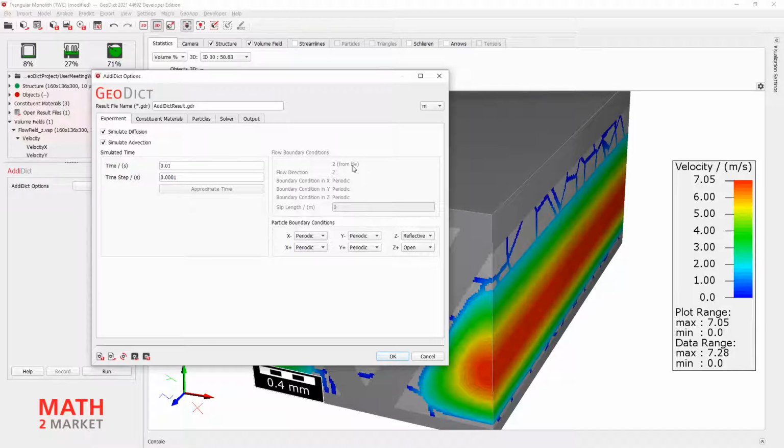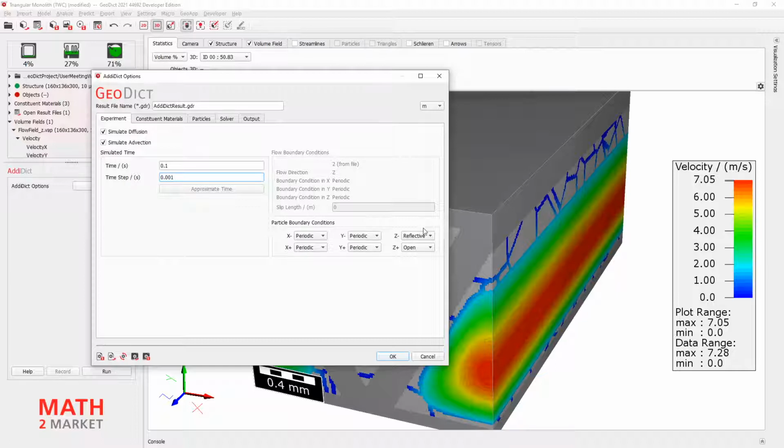What has changed here is that we cannot change the flow boundary conditions anymore, because this is all defined in our first simulation run. That leaves us to simply change the time, and I will change it to 0.1 seconds. This is enough time so that all the particles can flow through our channel and get to a travel distance of at least 10 centimeters. And the time step is 0.001. This will give us more or less how precise the measurements are at the end in our result viewer.